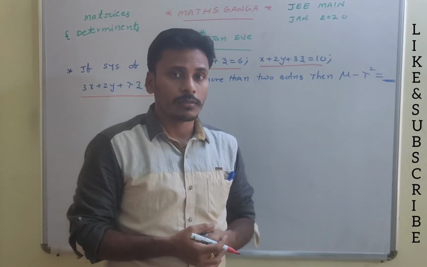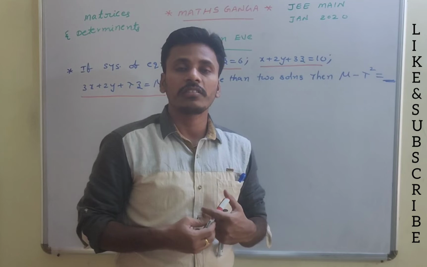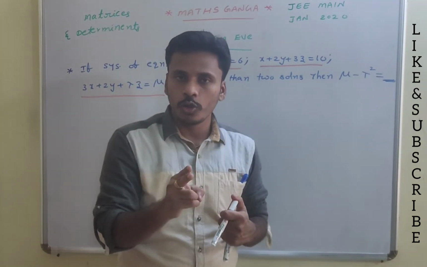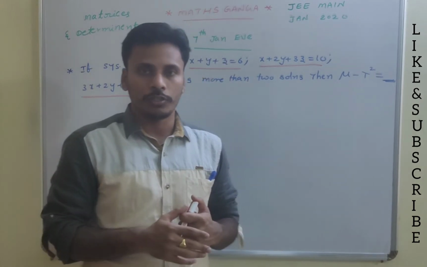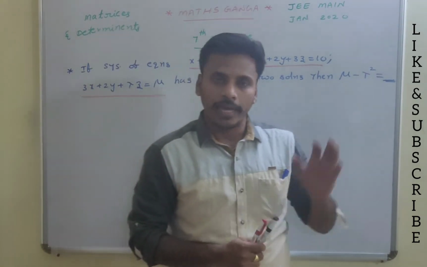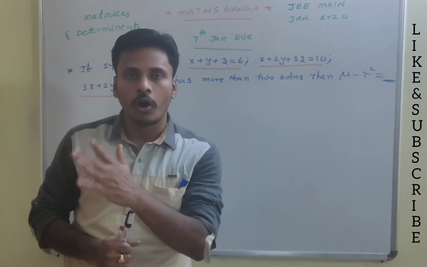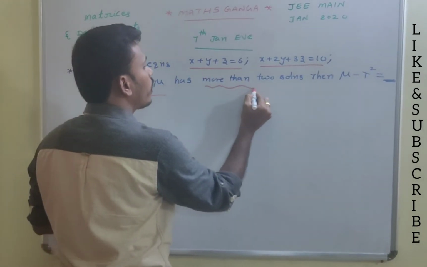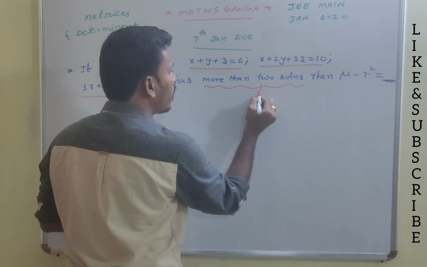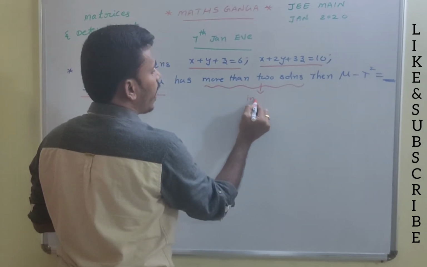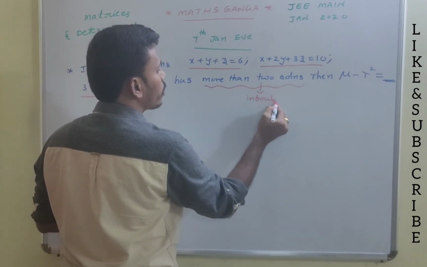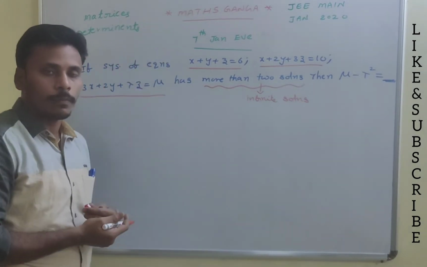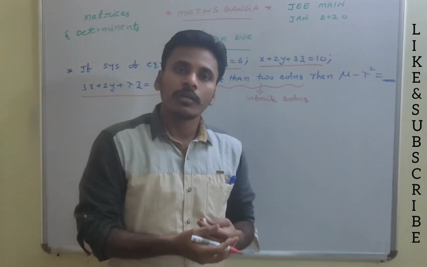See, a system of 3 equations in 3 variables has either one solution, or no solution, or infinite solutions. Only these 3 options are there. But here it is given that the system has more than two solutions, that in turn represents that this system has infinite solutions. Since the system of equations has infinite solutions, then by Cramer's method,